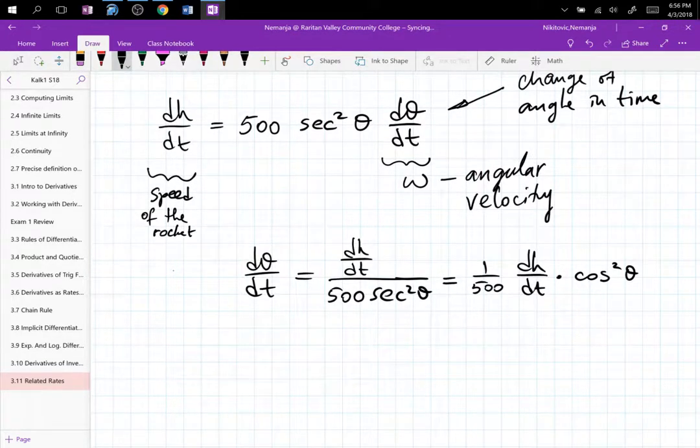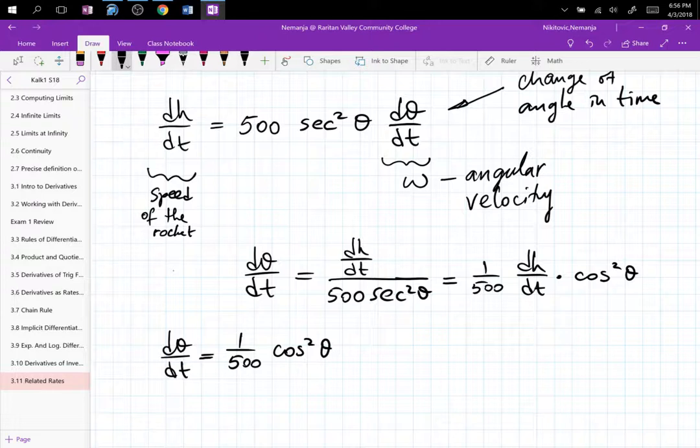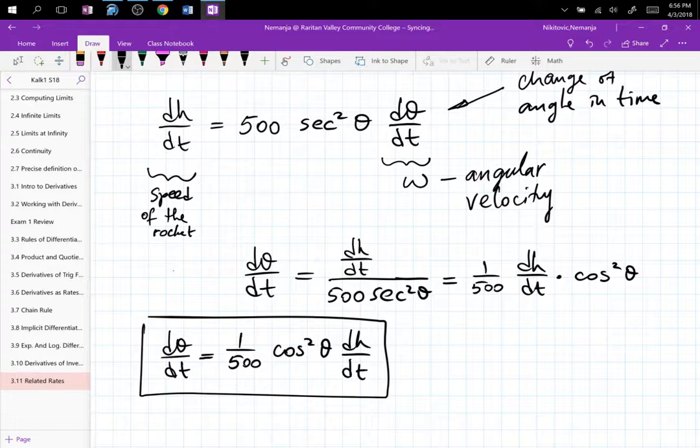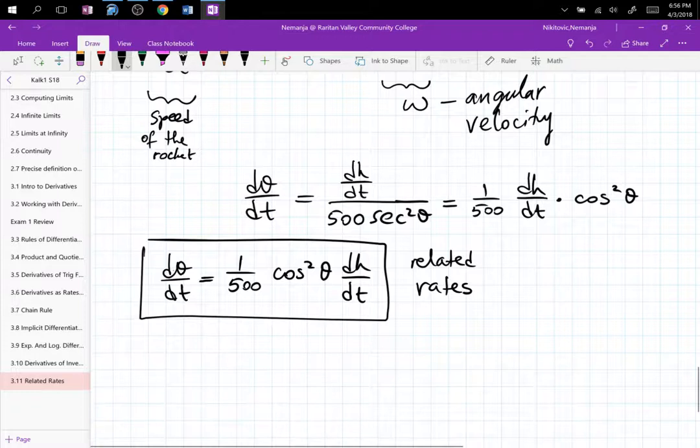So we have our d theta dt is equal to 1 over 500 cosine squared theta dh/dt. And this is the related rates formula. What are the rates that are related? The change of the angle in time with the speed of the rocket in time. So now you tell me that the rocket is going so and so miles per hour or kilometers per hour, which if you watch the